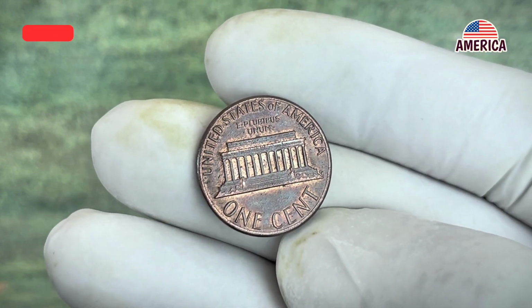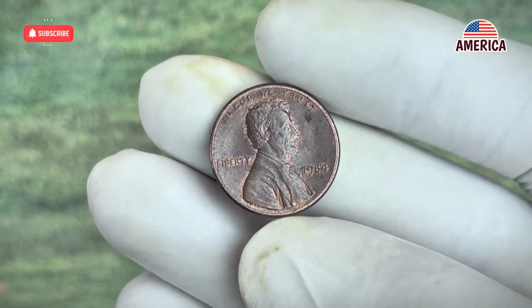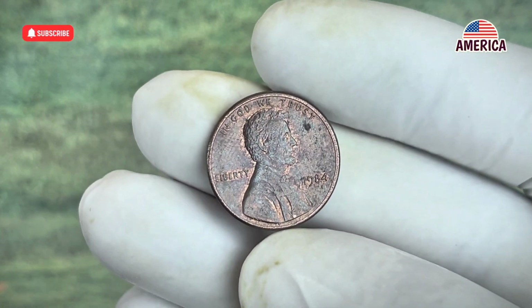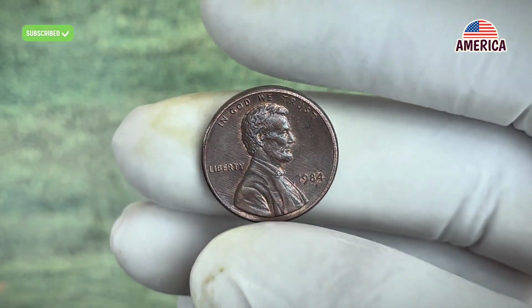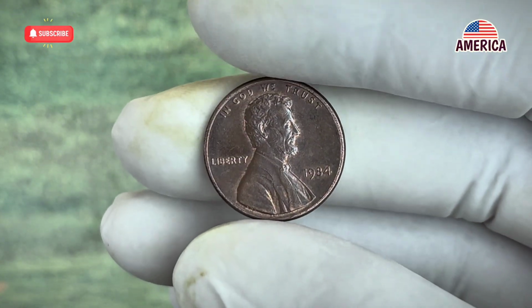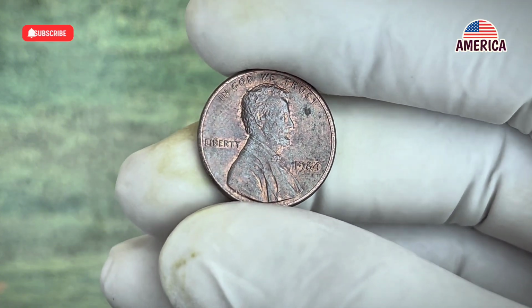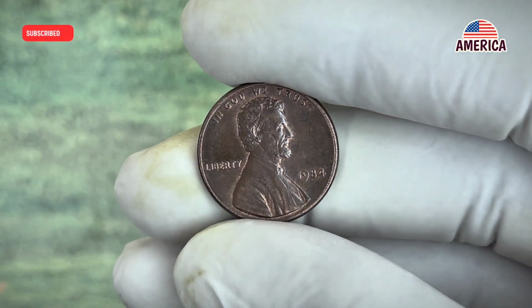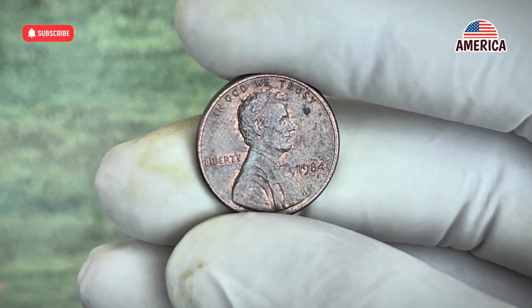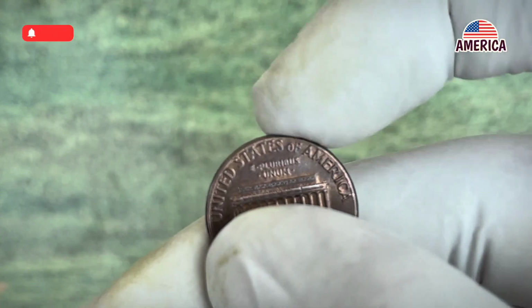The misalignment was not uniform, it manifested as a subtle but deliberate shift in the placement of the date and mint mark, altering the coin's balance and creating an almost three-dimensional effect. This peculiar characteristic lent the coin an aura of mystique and artistic flair, as if the error itself was a hidden signature of the experimental process. The revelation opened up a realm of possibilities, suggesting that this coin was a bridge between conventional minting and an